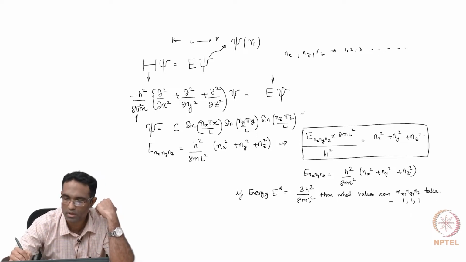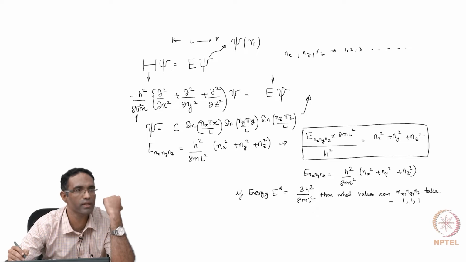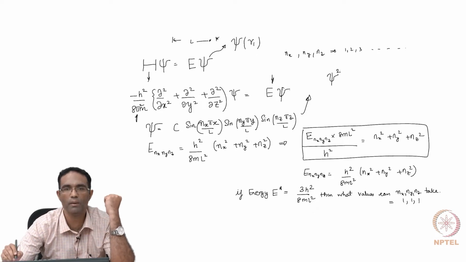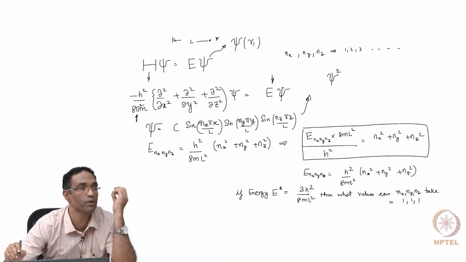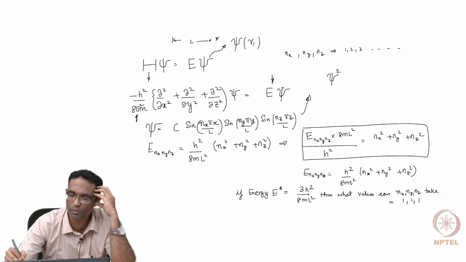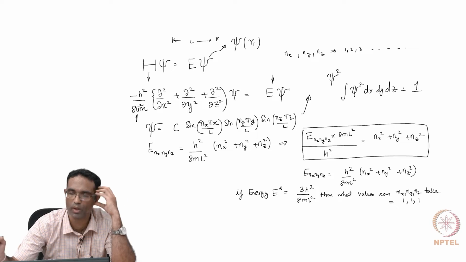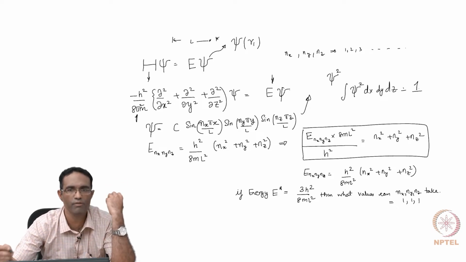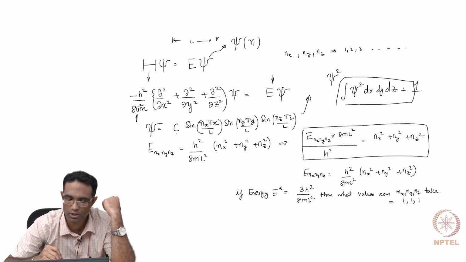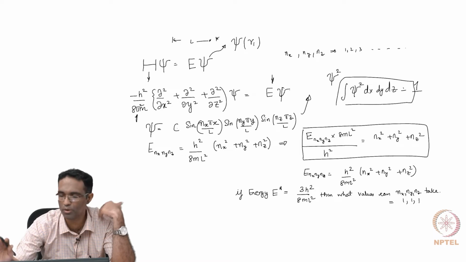And of course, while xi by itself does not have any specific physical meaning, xi square apparently can give you the probability per unit volume of finding a particle in some region in the space. Therefore, it is possible for you to find this constant c by requiring that the integral of xi square dx dy dz equal 1. I think these things might be familiar to you, right? So by requiring that xi square satisfy this condition, it's possible for you to find c, and it turns out to be something in this problem.